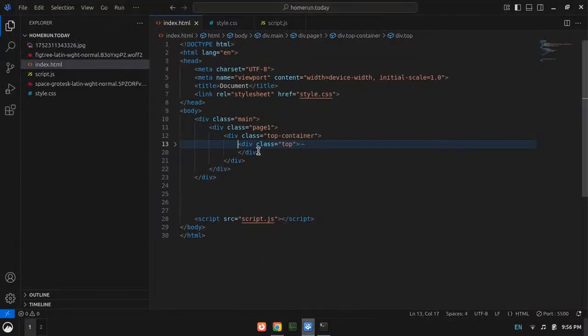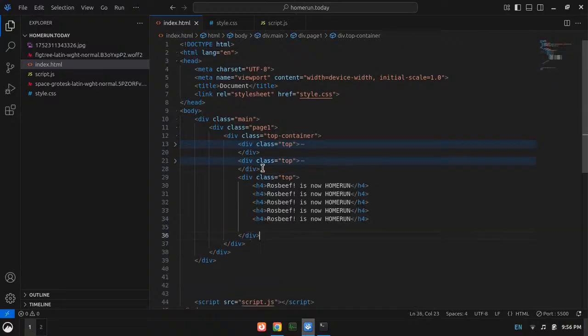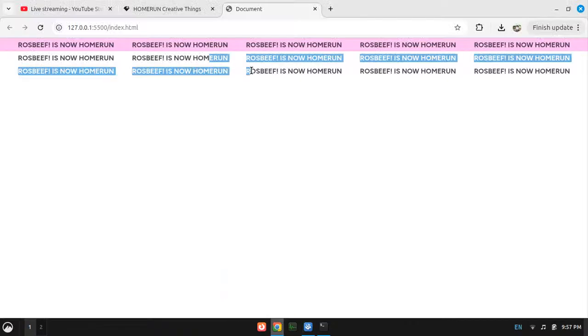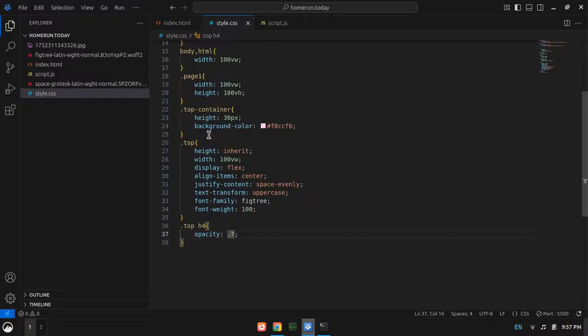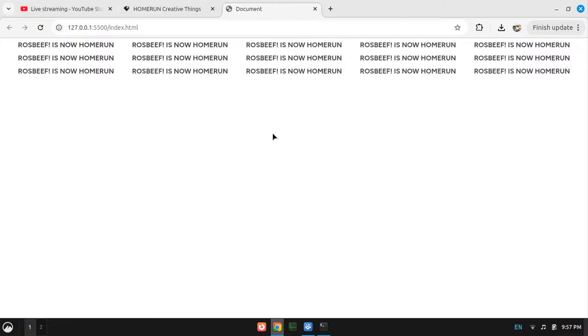So I will just copy this top thing, paste it here, and then I guess I will paste it one here, right? And currently they should be in the vertical manner, right? Okay. Oh, by the way, I forgot to give them the background color. The background color doesn't need to be here, it needs to be there, right? Okay, it is all set, and now we need them in one single row.